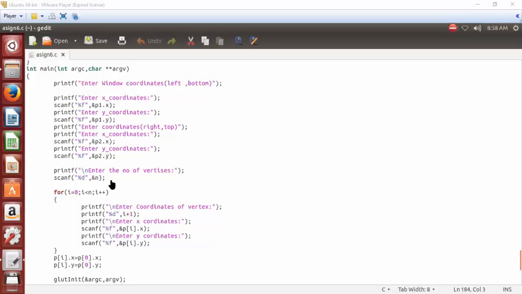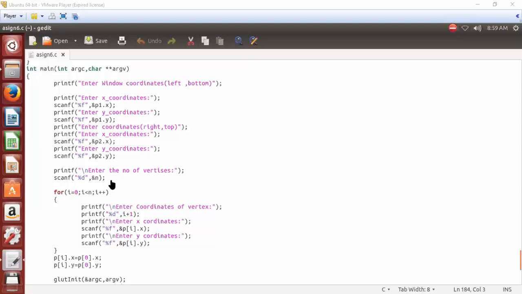Let's say if you enter 3, it will come across only 3 sides of the window, but we require to get output from all four sides, that is left, right, bottom and top side. So that's why we are giving here four vertices, so that we will get the output which is going to clip from all four sides of our window. So here we have entered the number of vertices, that is 4.